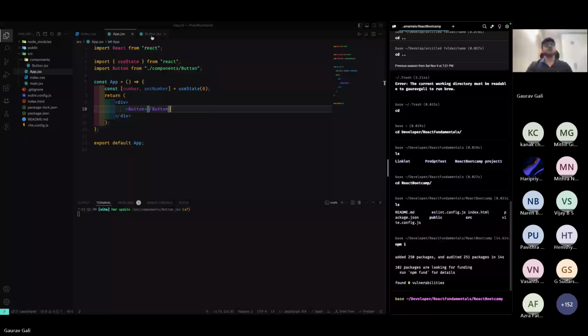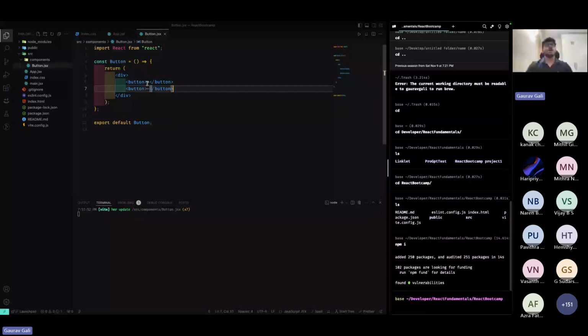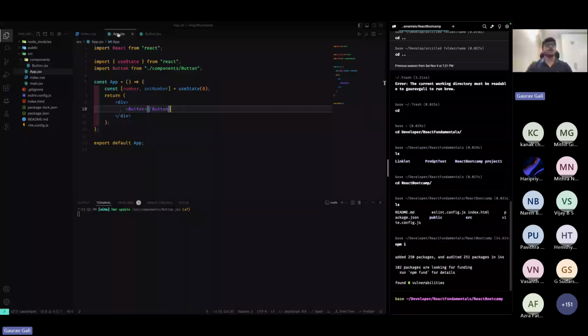So now, let's say I don't want to hard code any values here. What I want to do is I should be able to specify what the button should display right from this. Because that's how you can truly make it dynamic. So you can reuse this button in multiple files, and you can give custom names with respect to that file. So to do that, what we can do